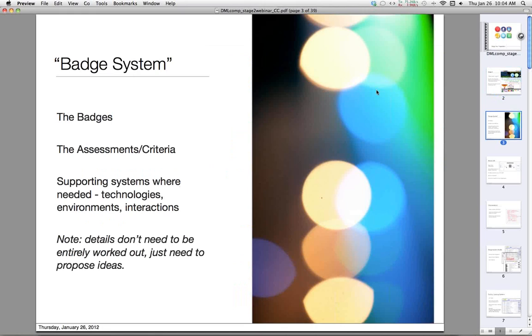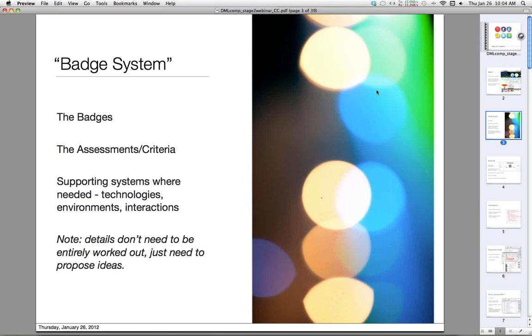So what goes into a badge system? There's lots of things that go into a badge system, and I'm going to try to clarify how you can think about it from a bunch of different standpoints rather than just being overwhelmed by all of the content on the website. So a few things that we're going to talk about are badges, and badges from a variety of